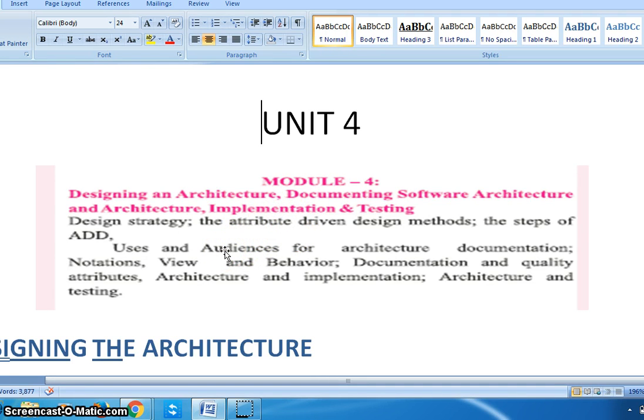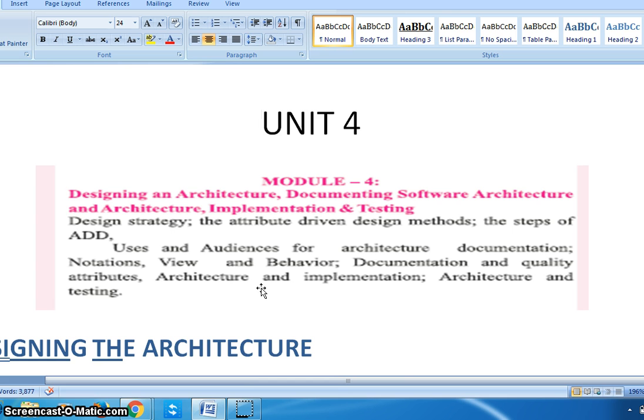Under designing an architecture, we'll be studying the different design strategies, that is attribute driven methods, the steps of ADD, and uses and audiences for architecture, documentation, notations, view and behavior, documentation and quality